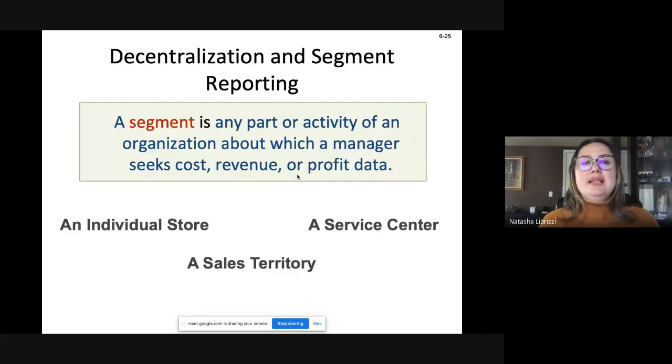A segment is any part of an activity or organization about which a manager seeks cost, revenue, or profit data. This way you can see, does it make sense for me to keep the bakery within a store? Or maybe I want to use the shop floor square footage for something else. So it could be an individual store, a service center, a sales territory, whatever the company chooses to break it into. And by the way,